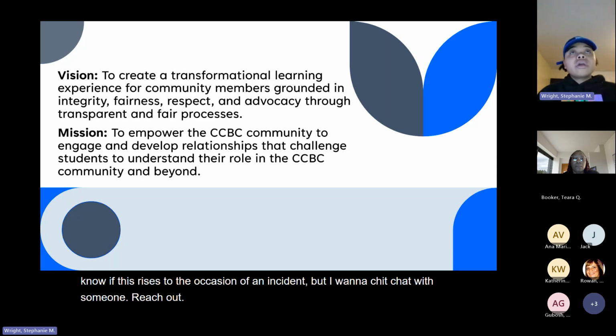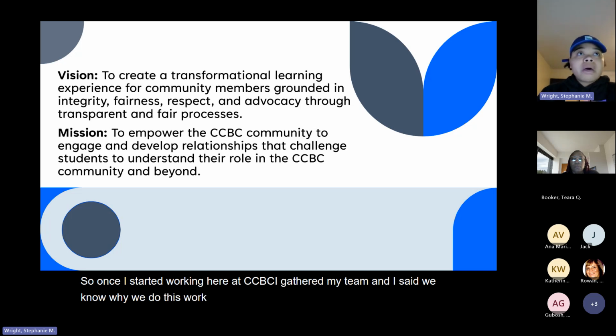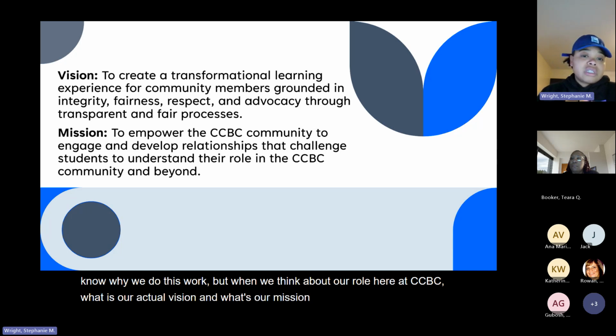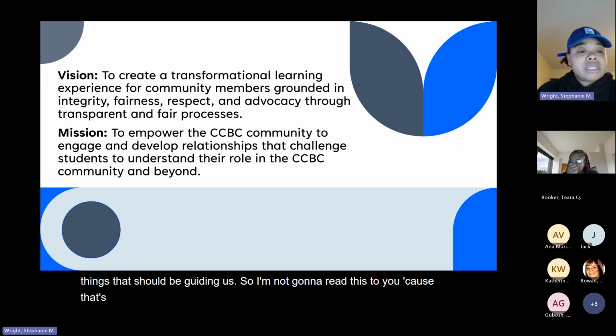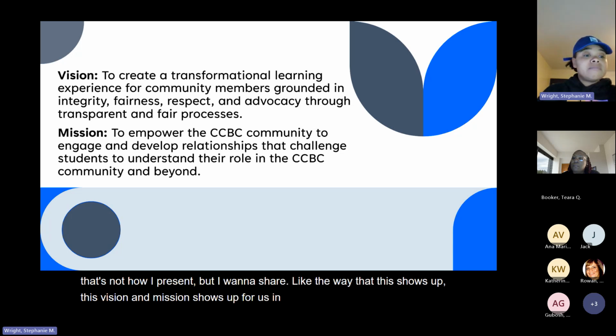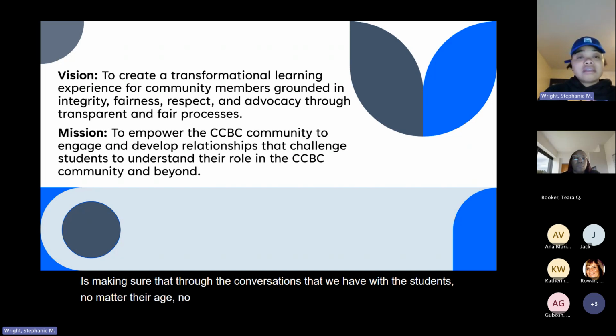So once I started working here at CCBC, I gathered my team and I said, we know why we do this work, but when we think about our role here at CCBC, what is our actual vision and what's our mission? Because those are the things that should be guiding us. I'm not going to read this to you because that's not how I present, but the way this vision and mission shows up for us in action is making sure that through the conversations that we have with the students, no matter their age, no matter the incident,